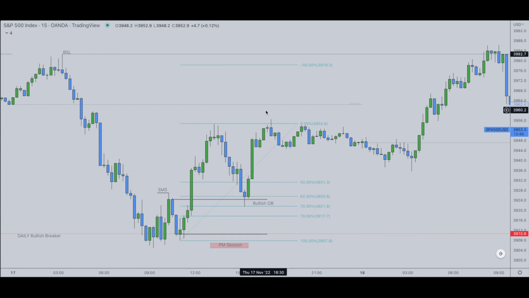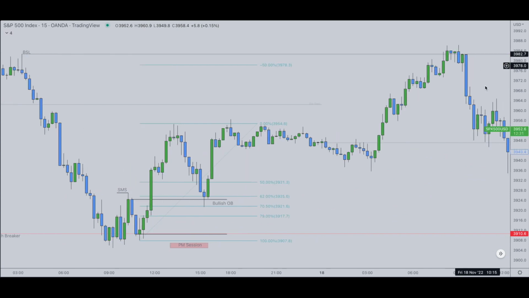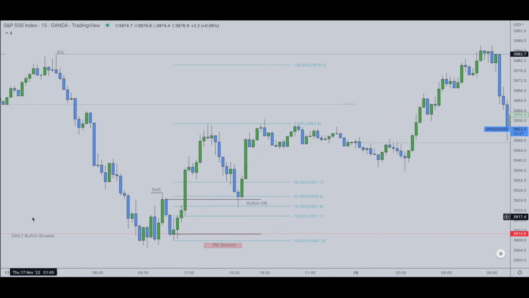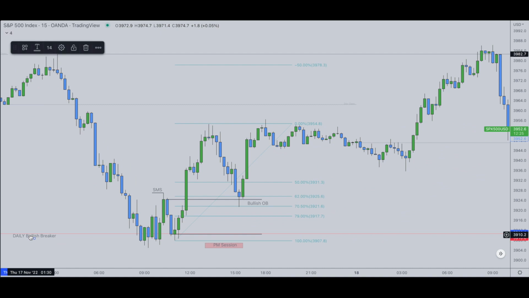Strong reaction higher. You can be out here above the swing high, trail your stop loss, slight profit, or break even. You were able to hold. If you were able to hold into the next day, price takes out the buy side liquidity, and then we kind of taper off a little bit here. But this is how we can use our daily bias to find high probability setups, and we use our same model, the New York optimal trade entry,